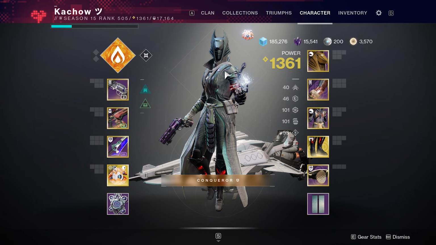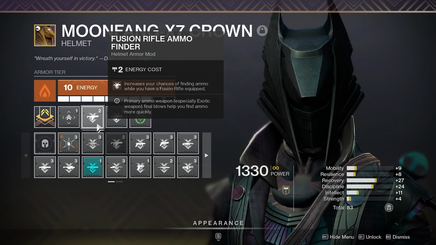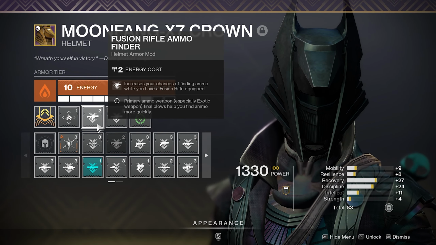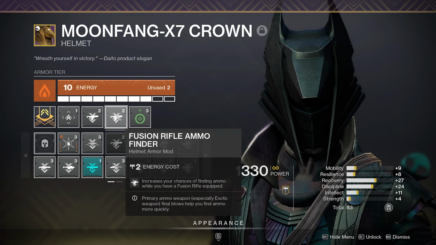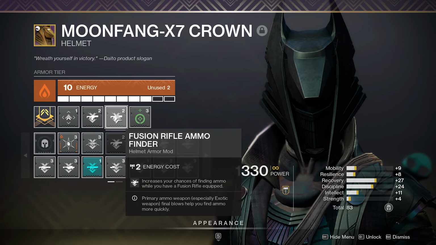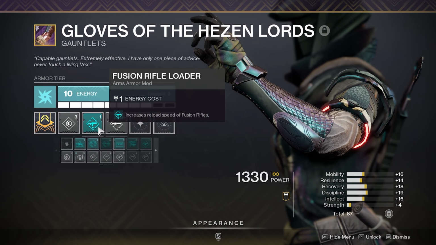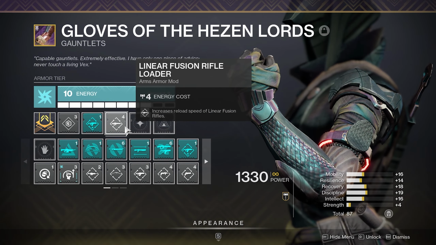Moving on to armor mods. First, with the helmet, you want to use ammo finders for mostly the heavy, but if you want, you could use ammo finders for special. Either or will be fine. Then on the gauntlets, reloader mods for those DPS weapons. Then when it comes to the chest piece,